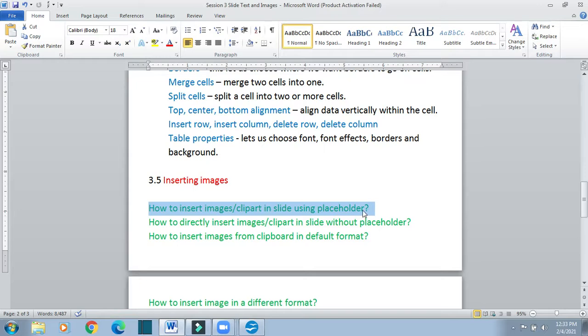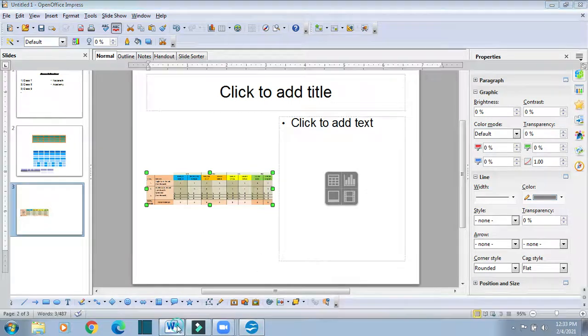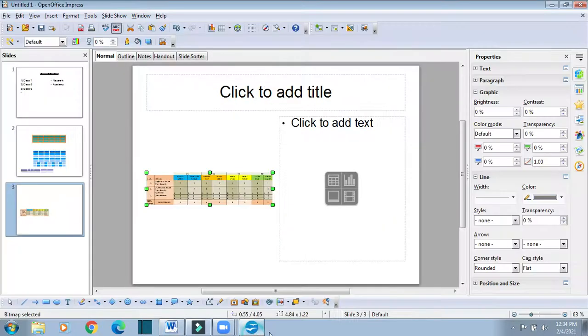Now if you don't want to go for placeholder, suppose I have used this placeholder and this one also, but still I want to insert one more image. So how to directly insert images or clip art in slide without using the placeholder option? Suppose we don't want to use the placeholder, but still we want to insert picture.